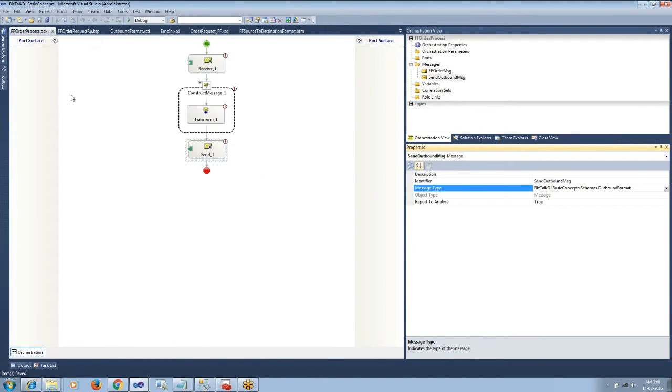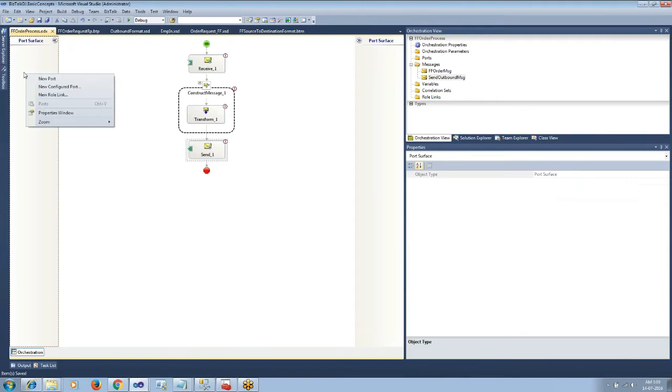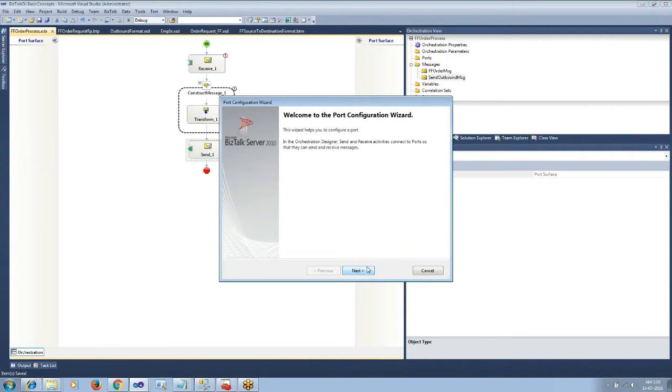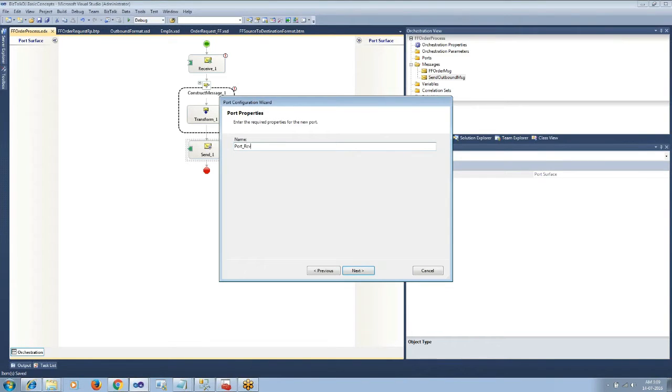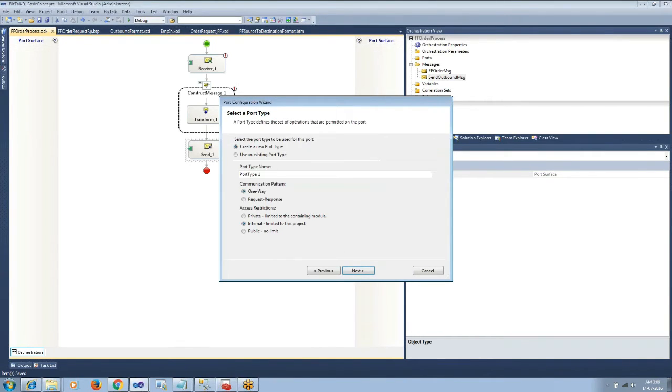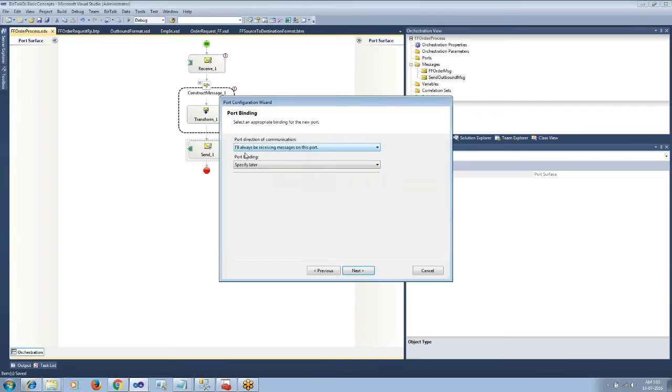So let us configure a logical receive port and logical send port. On the port surface, right click, configure new port and provide the port name and port type, and the communication type will be one way. And the direction will be always receiving the message, as this is used for receiving the message inside the orchestration.